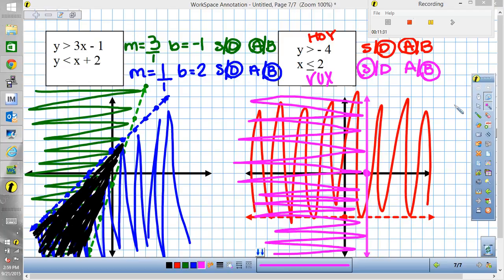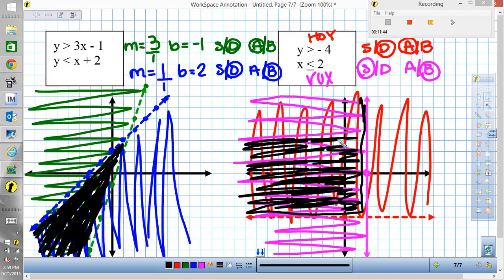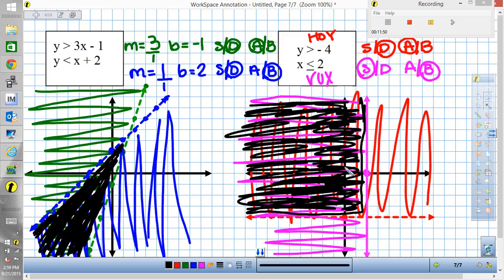Now the place where they overlap is this area here where we have both pink and red. So this here is our solution area where the two overlap, and you need to take your pencil and shade very, very dark. Remember while you're doing these two activities that you are using a pencil in case you make